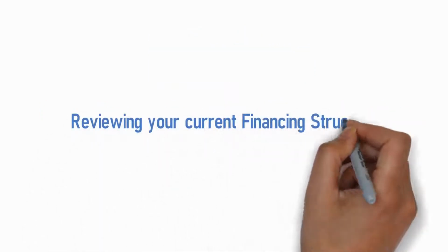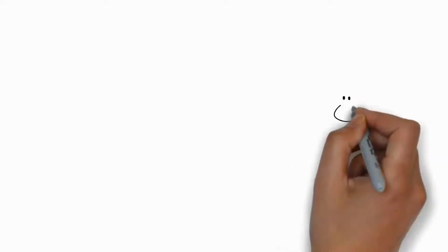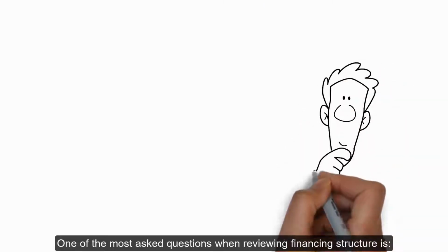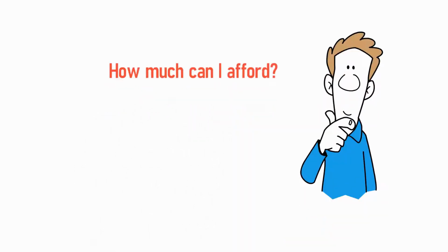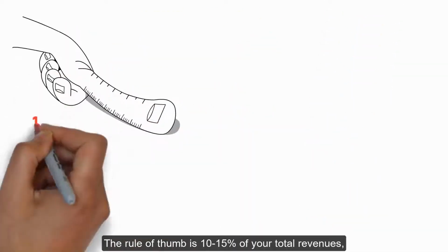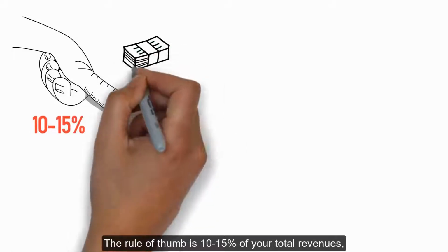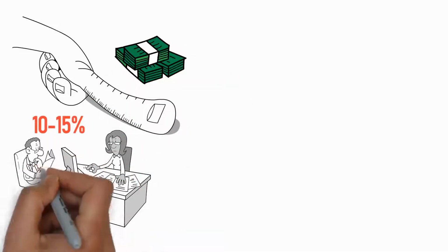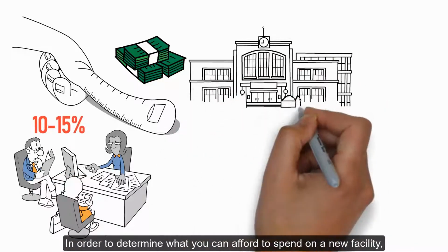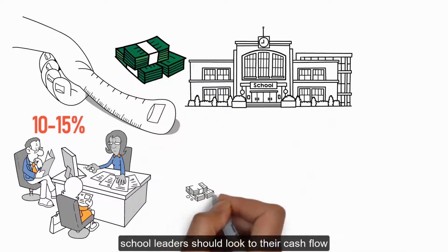Reviewing your current financing structure. One of the most asked questions when reviewing financing structure is, how much can I afford? The rule of thumb is 10 to 15% of your total revenues, but each school's model and operating needs are different. In order to determine what you can afford to spend on a new facility, school leaders should look at